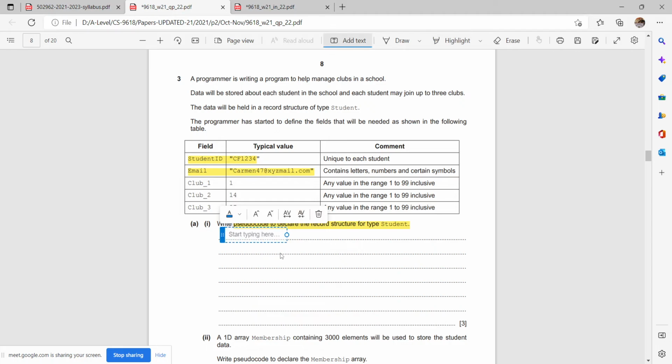So we are going to write TYPE, and the name it suggests is the record student. Okay. And what we will be writing in it, we'll be writing DECLARE student ID, and this is of type string,